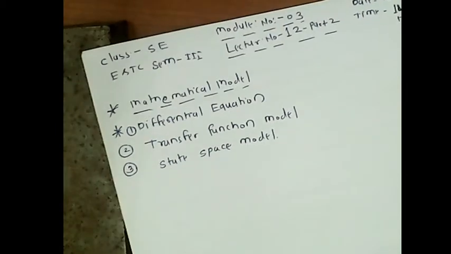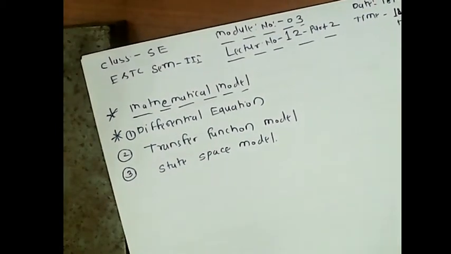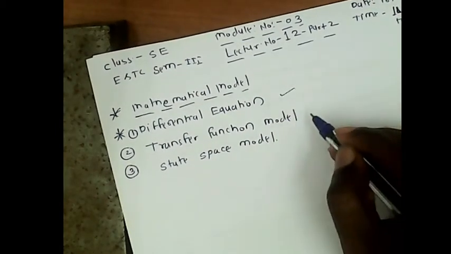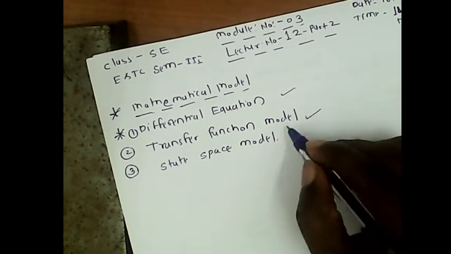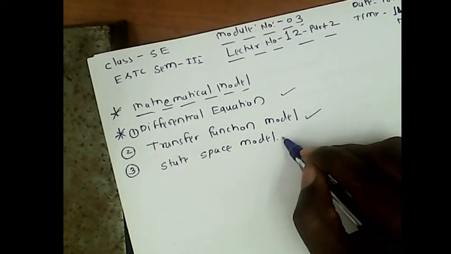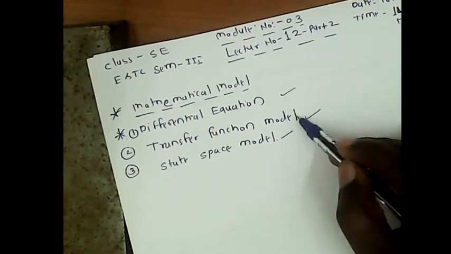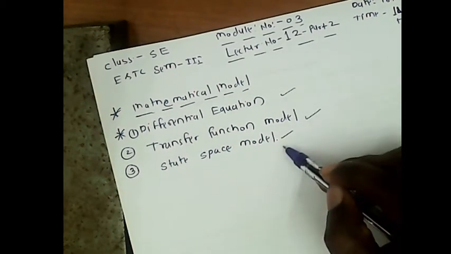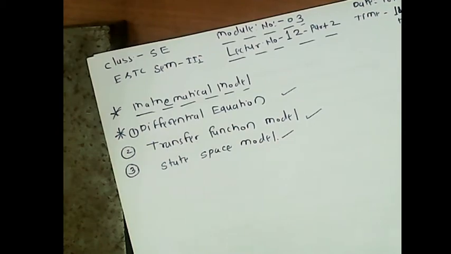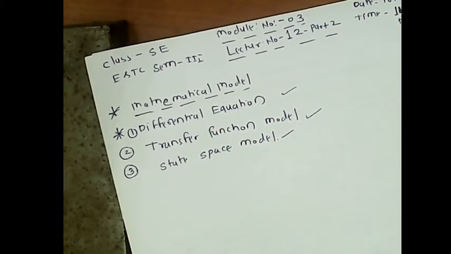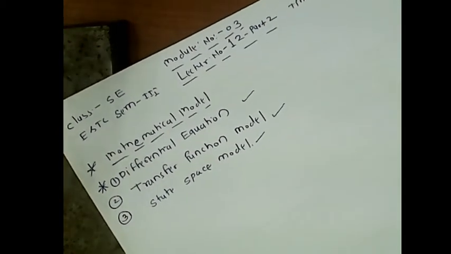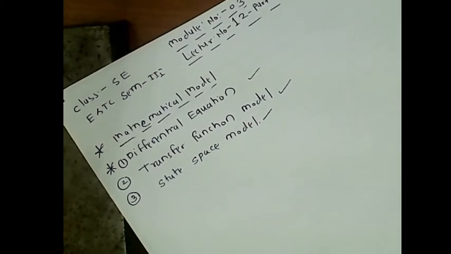The mathematical model can be represented in three terms. First one is the differential equation, then second transfer function, and third one is the state space model. So in this lecture we define the first two, and the state space model will be defined at the end of the chapter. So now consider an electrical system,